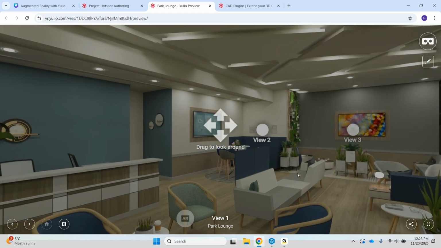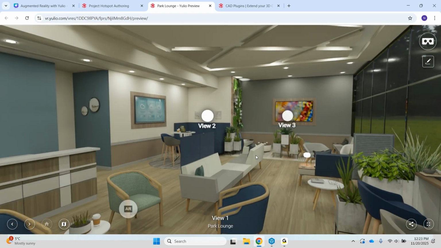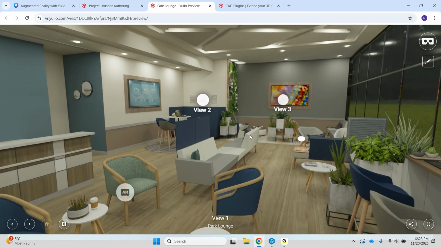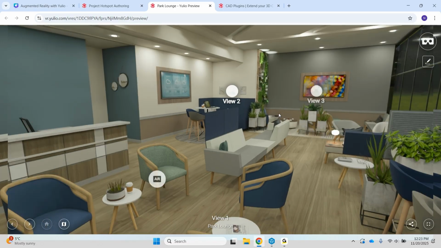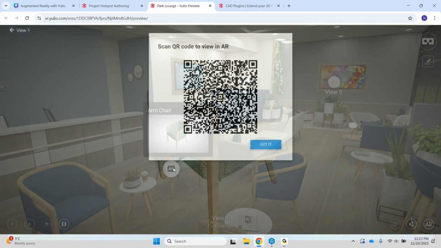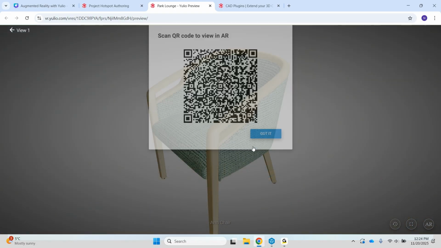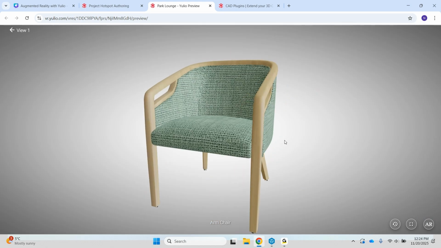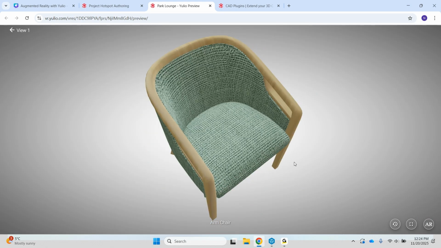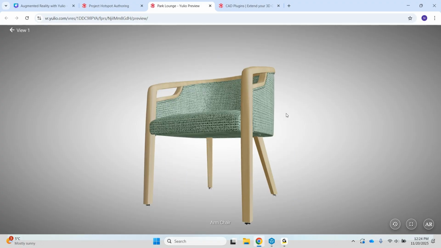All right, so if you haven't tried AR with Yulio, now will be your chance. When you click an AR hotspot in browser mode from a computer, your experience will be restricted to what you see here. So I can just use my mouse to kind of click and drag the object